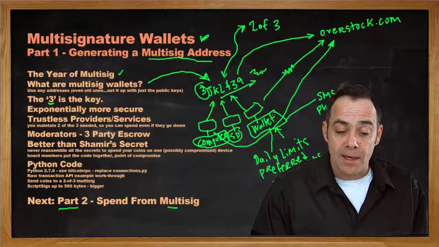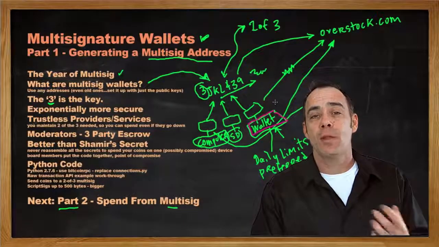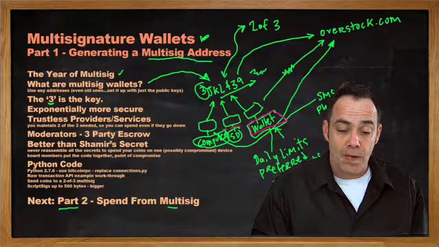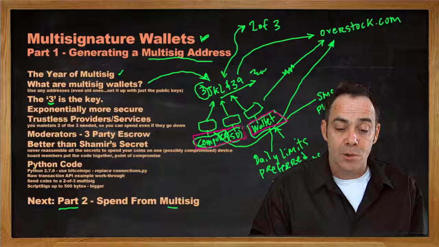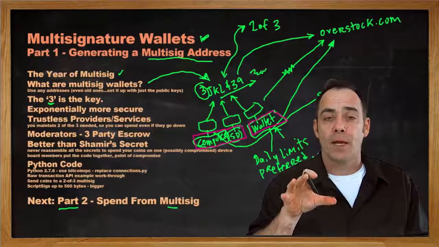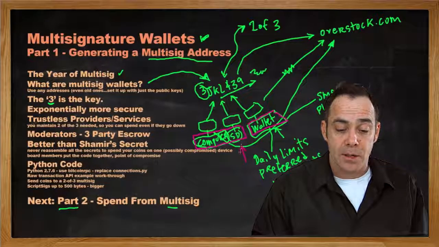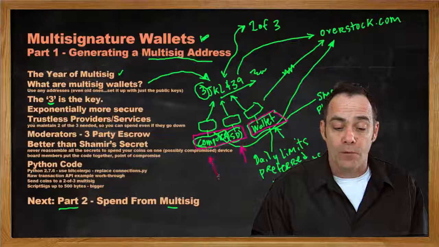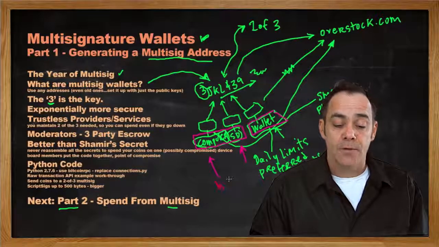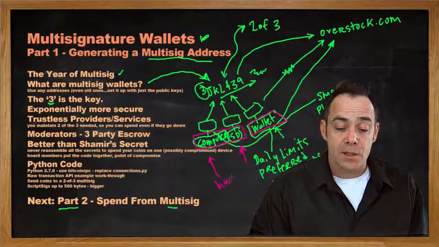And what's great about that is even if your wallet provider goes out of business or they decide not to let you run that transaction, you still maintain entire control because you have 2 of the 3. And the beauty of this is, as long as you have one in the safe deposit box and another on your computer, or even one on your phone and another on your computer, you've developed a very robust system to